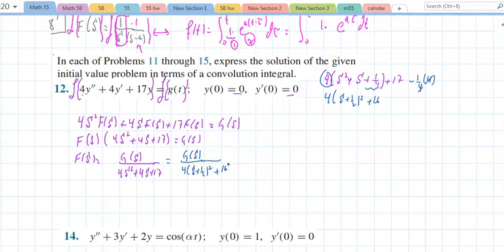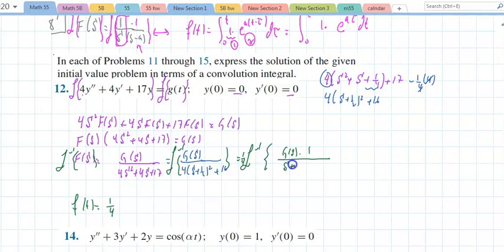And now, if I really work my way backwards, well, let me see what I'm looking at. If I want to work backwards, I could say f of t is actually, and let's see how this works. I'm going to take the 4 out. And that will be what? If I take the 1/4 out. So this is the inverse Laplace of G of s times 1 over s plus 1/2 squared plus 4. So, a couple of things to really worry about. One, if I really wanted this to match,